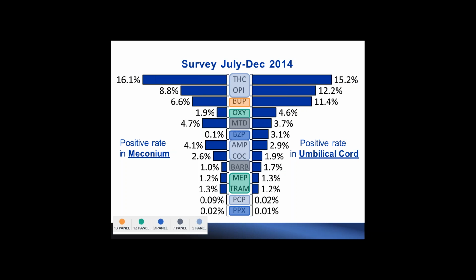Thank you, Dr. Shu. Another question that arrived is, what is USDTL's turnaround time for meconium and umbilical cord tissue drug samples? Turnaround time, if the samples are negative results, meaning not reaching our cutoff, it will be released within 1 day. And that is for general drug classes like I show on this slide.